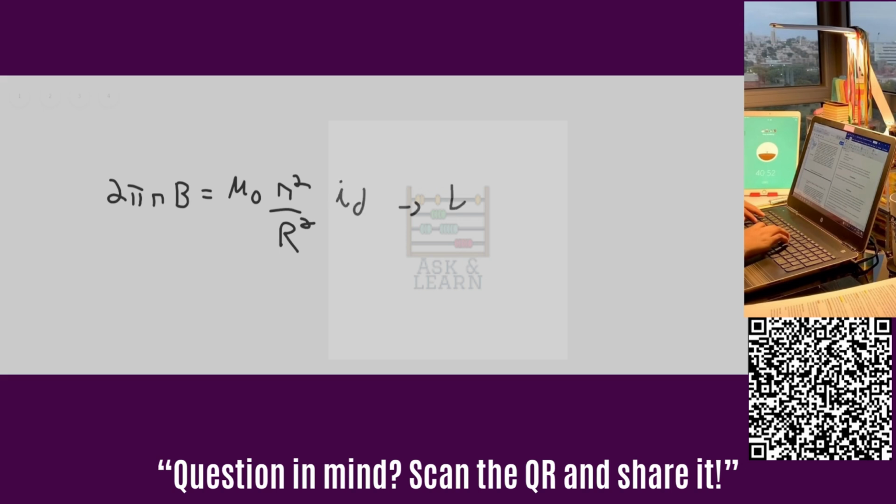So we got that B is mu 0 I_D r divided by 2 pi R squared, and the maximum value then is just B max is mu 0 I_D max